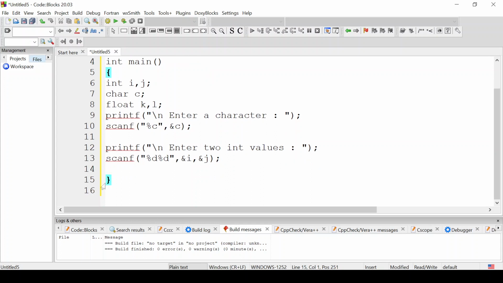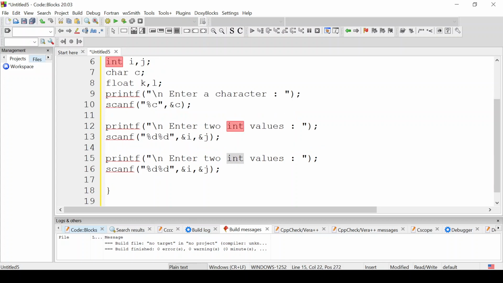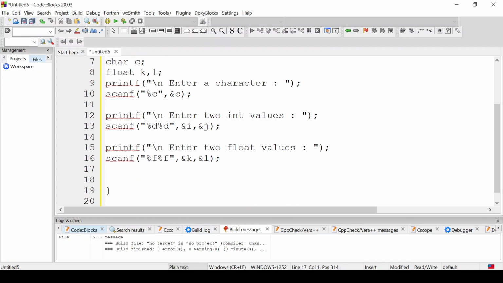Similarly we will take input of float variables, enter two float values, and here instead of percentage d we will write percentage f, another percentage f, here ampersand k, and this will be ampersand n. Now we have to print all the values,